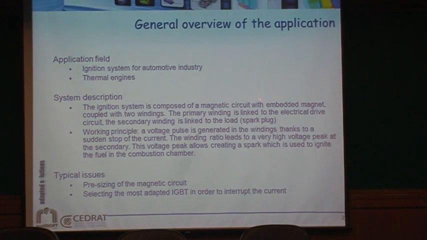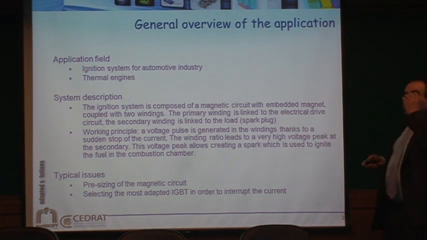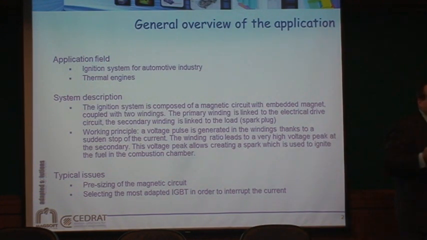So here, that's just an ignition coil. You have a lot of those in the automotive industry. It's basically a transformer where you have a primary and an energy that goes through. You switch it off and it creates a big spark on the secondary. The ignition coil is a magnetic circuit with an embedded magnet. Sometimes there is a magnet, there is not always a magnet, but sometimes there is, and you